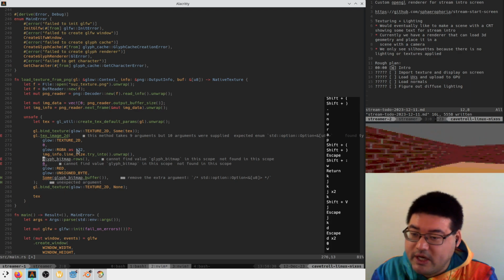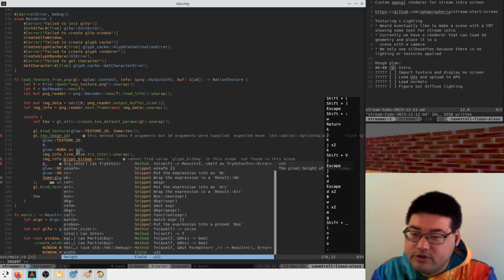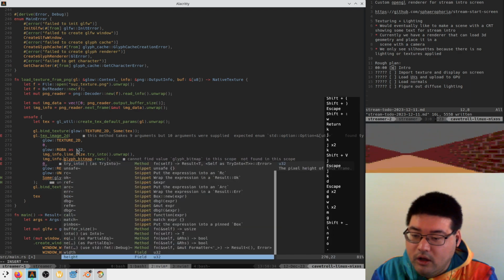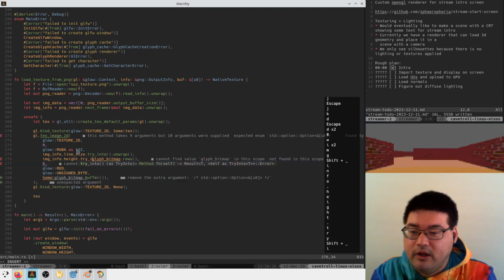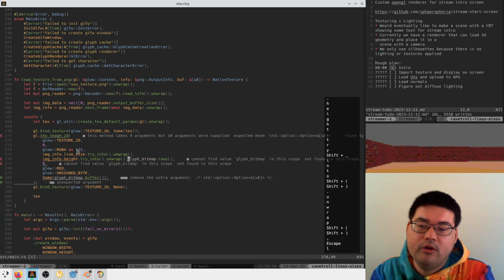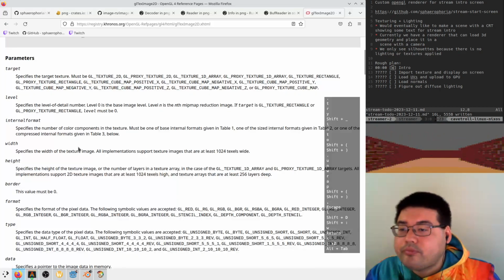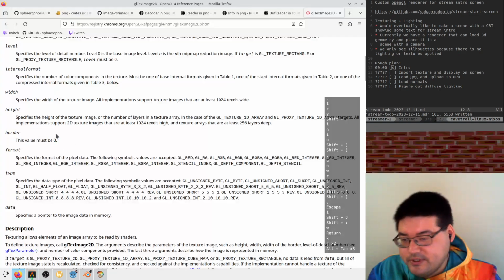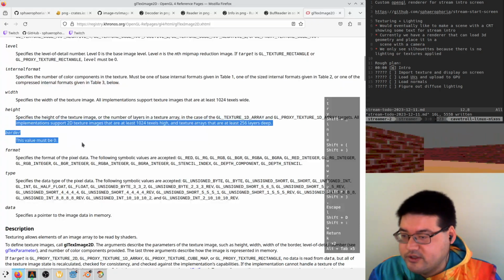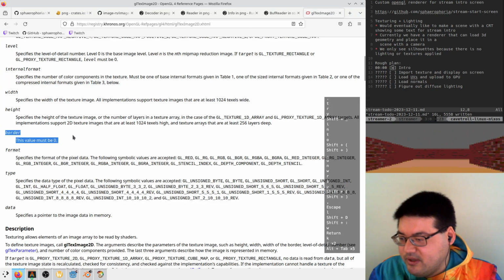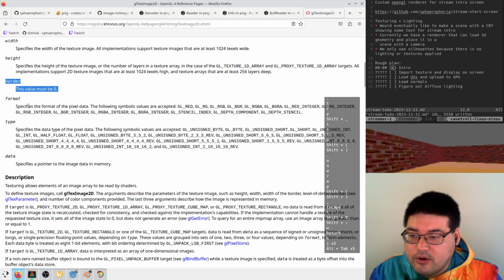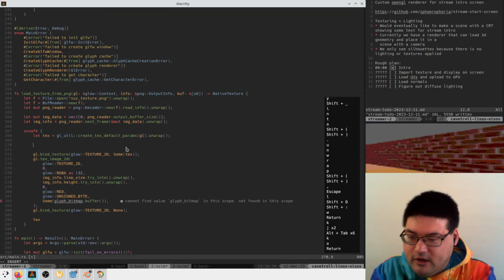We want to do its height here, so image info dot height. Try into unwrap for now. And border, this value must be 0, so we'll leave it as 0. That's a weird thing to put in here, but maybe this is like an extension API or something. And here's where it gets interesting. So now we need to say let